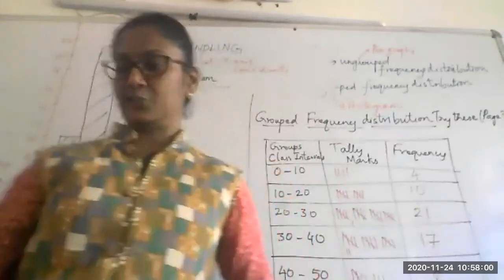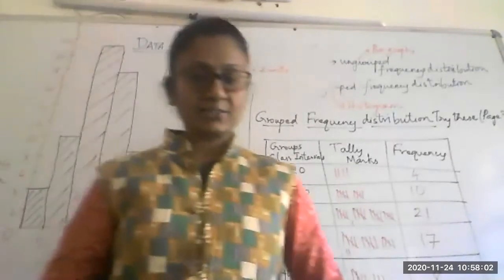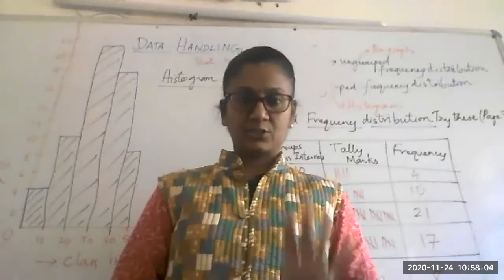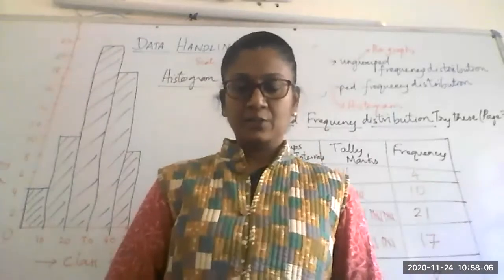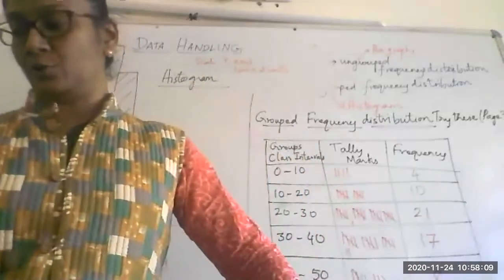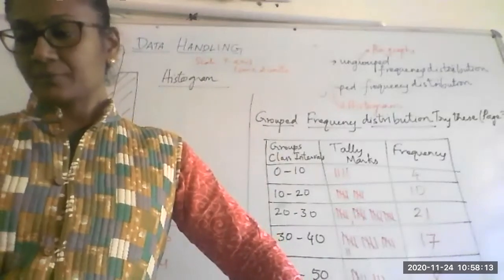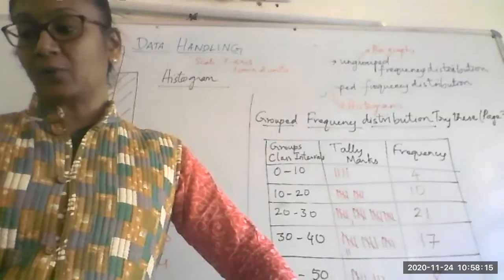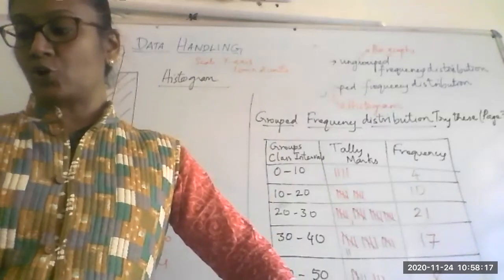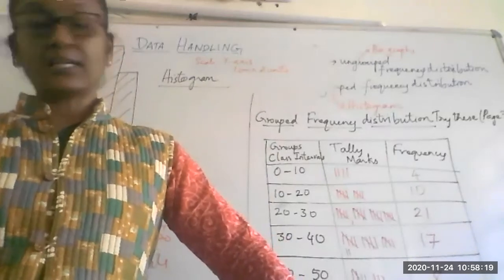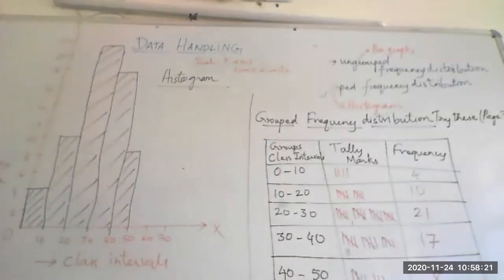This you have to write in your class work. Tomorrow our class is between 2 and 2:40. That is not to be met online. So I am giving you work for tomorrow which you will complete. Please look at your textbooks. You are going to prepare a frequency distribution and also draw the frequency curve. That is the histogram you are going to draw.